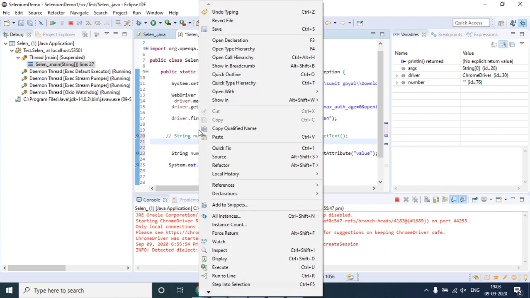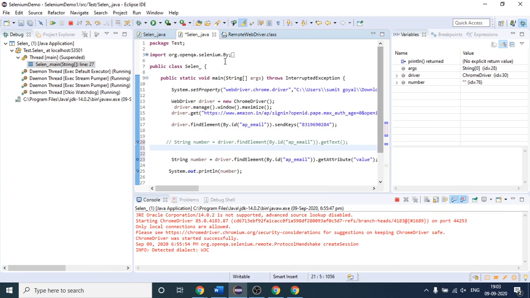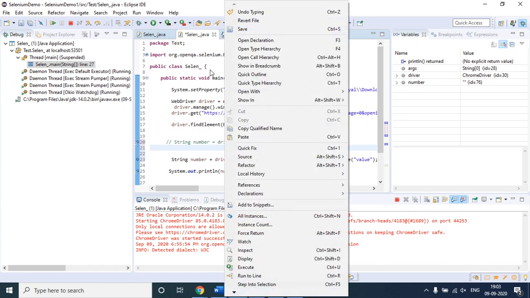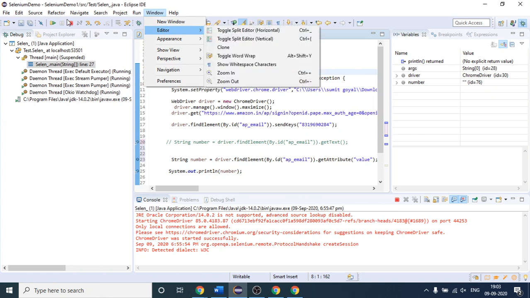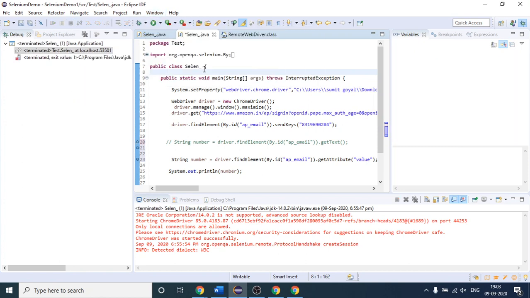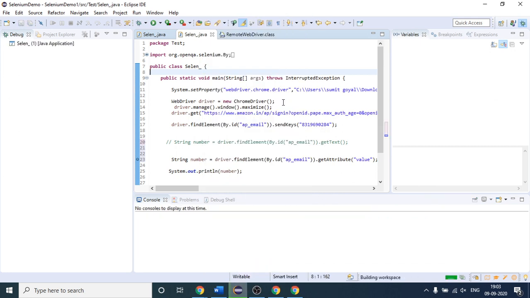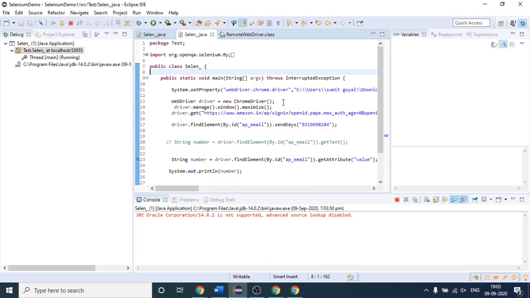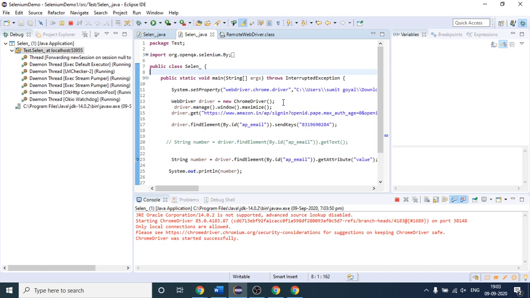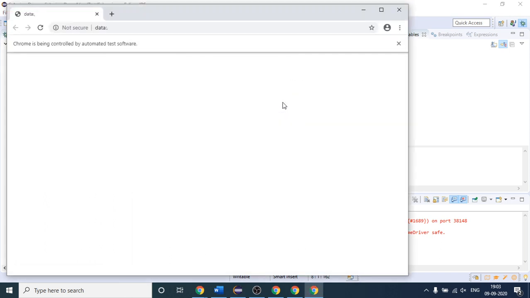Okay, it is still running. This is the reason I'm not saying debug mode. I will first of all debug it so that you can see how the number is extracted. Let us wait so that it can execute easily.